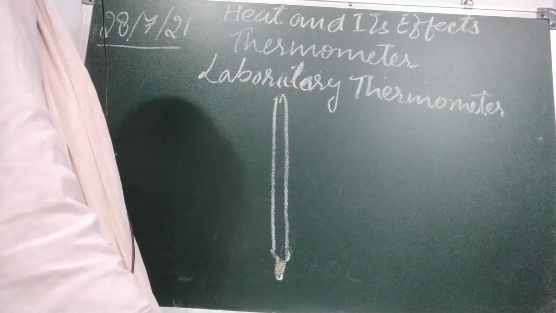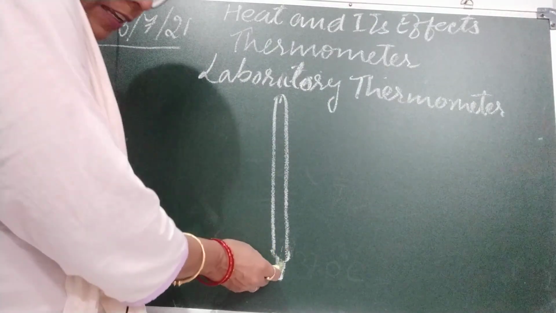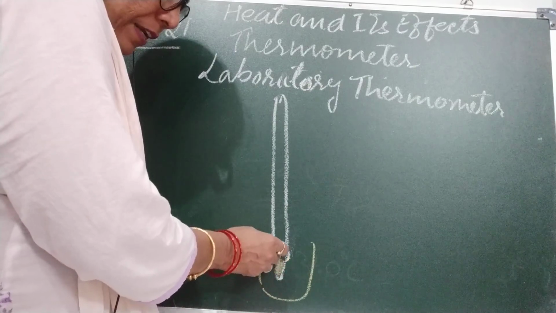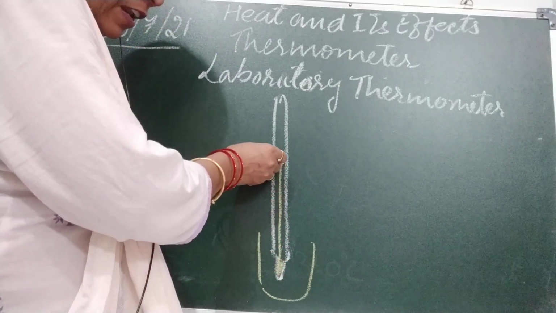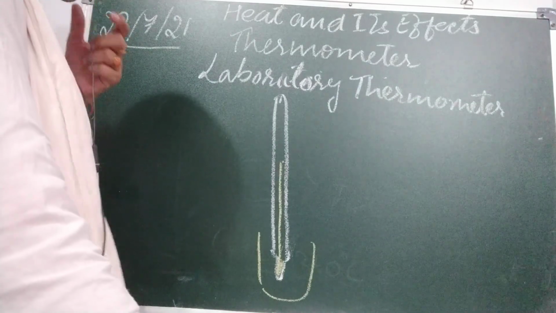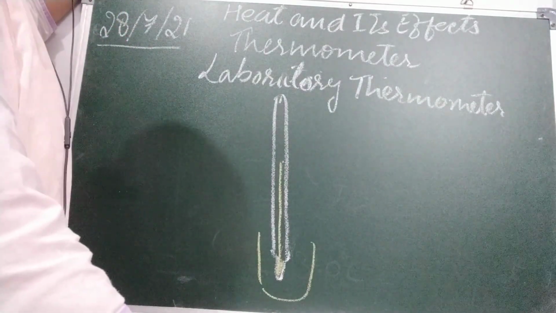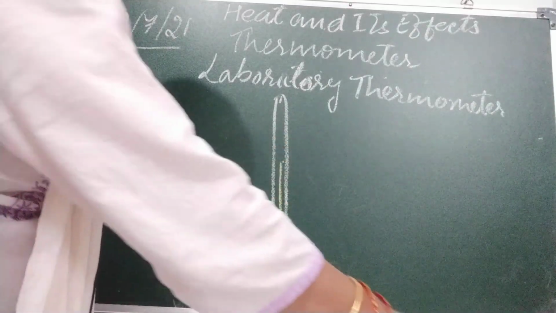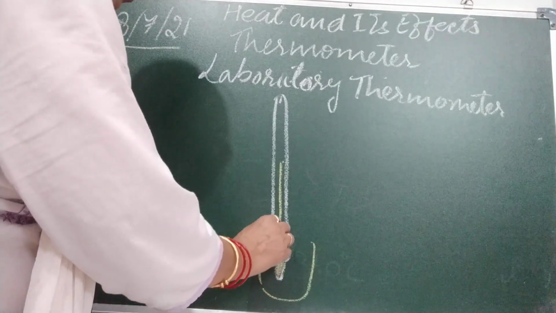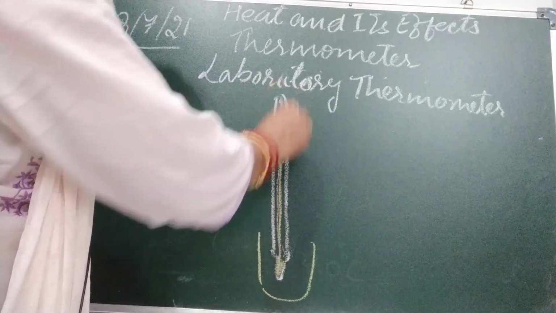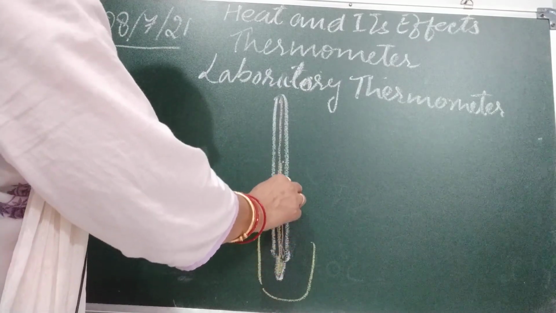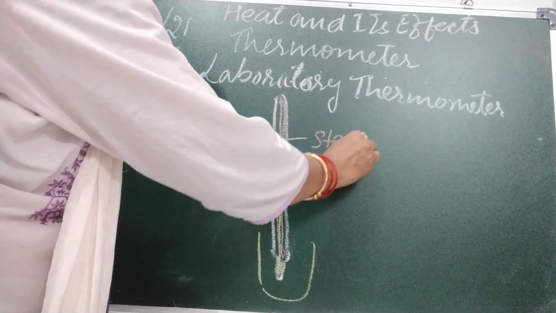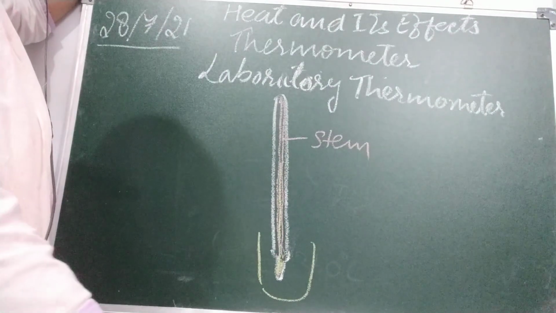As the temperature rises, the mercury in the tube expands. As we know, liquid expands on heating. Suppose we keep it in hot water, this mercury level or alcohol level will rise. Okay. Expand, and rises into the thin tube called the stem. There is a very thin tube in which it is rising. This is a thin tube with the red, okay, and this liquid is rising in the thin tube, and this thin tube is called the stem. You can see this at home in a clinical thermometer also.